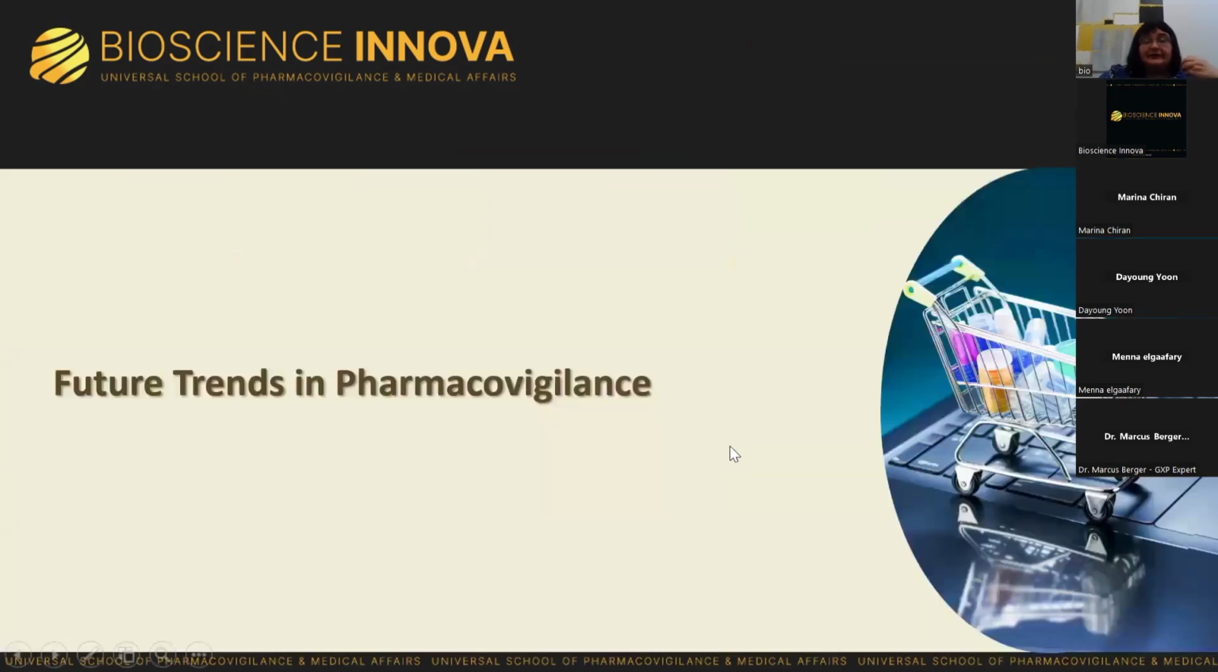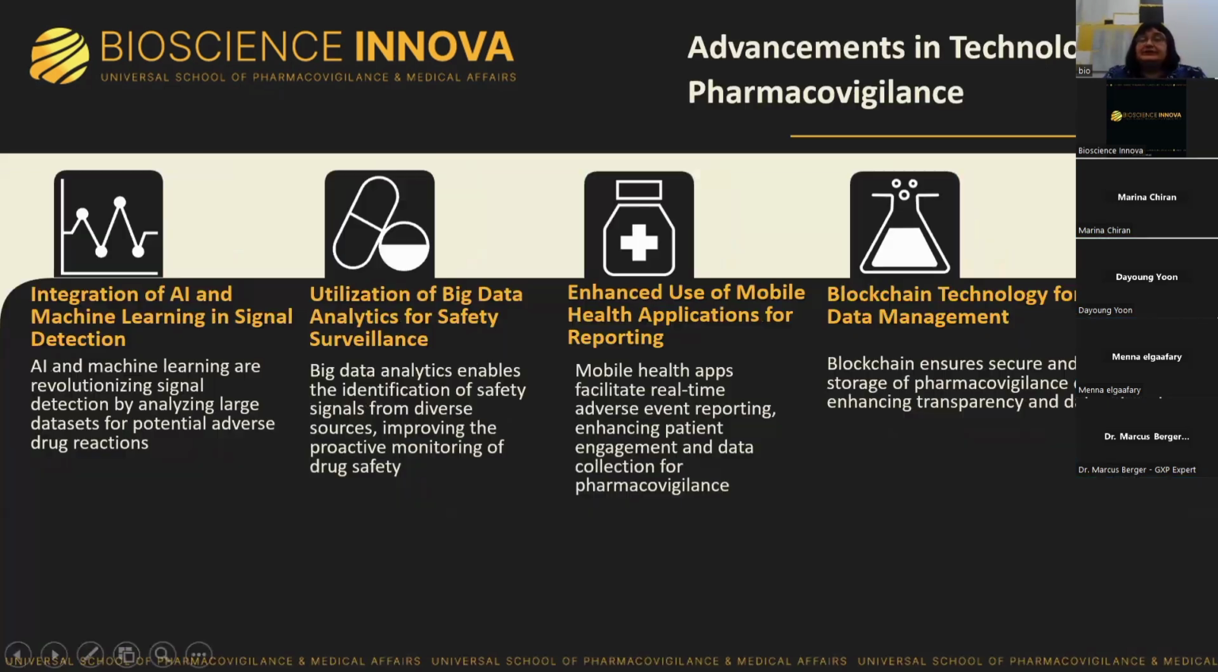Future trends in pharmacovigilance: advancement in technology and pharmacovigilance. First, integration of artificial intelligence and machine learning in signal detection. Second, utilization of big data analytics for safety surveillance. Big data analytics enables identification of safety signals from diverse sources, improving the proactive monitoring of drug safety, enhancing use